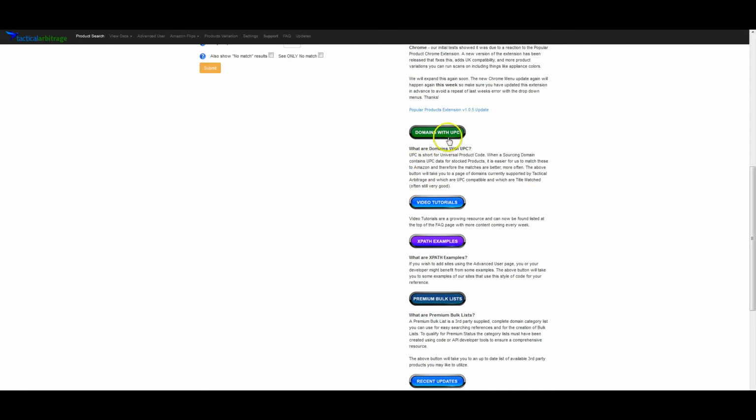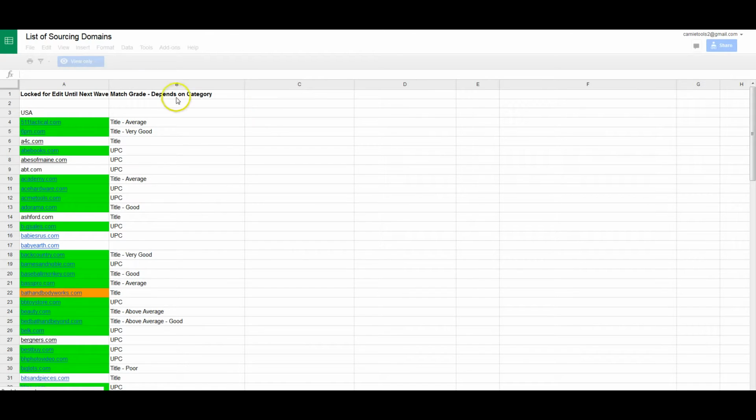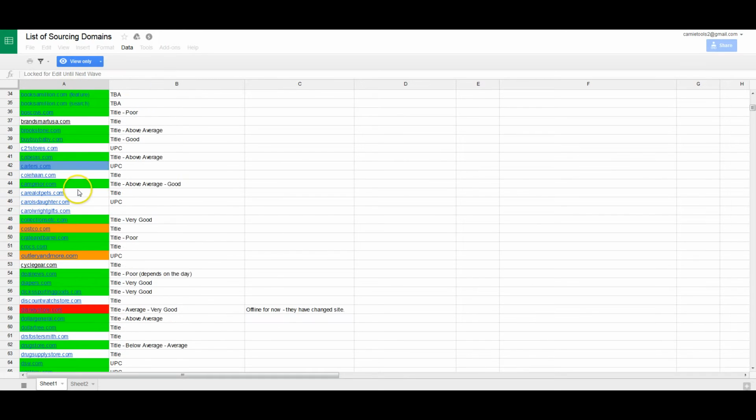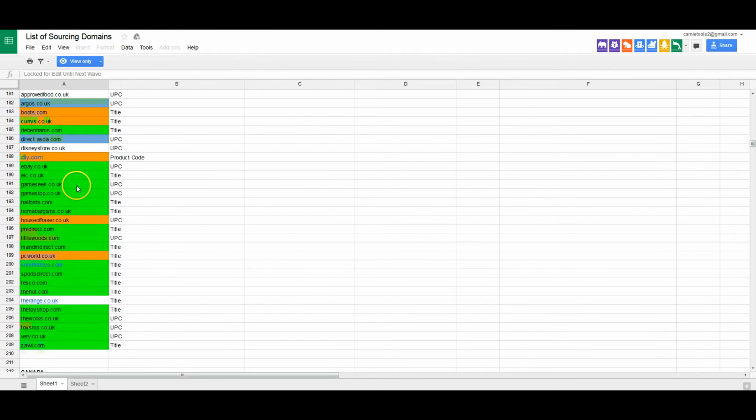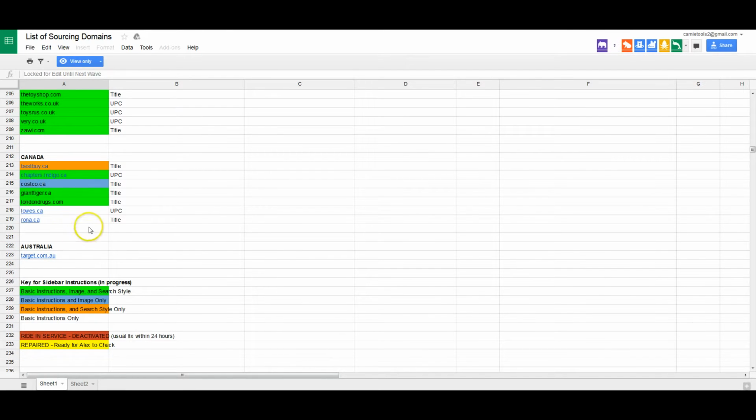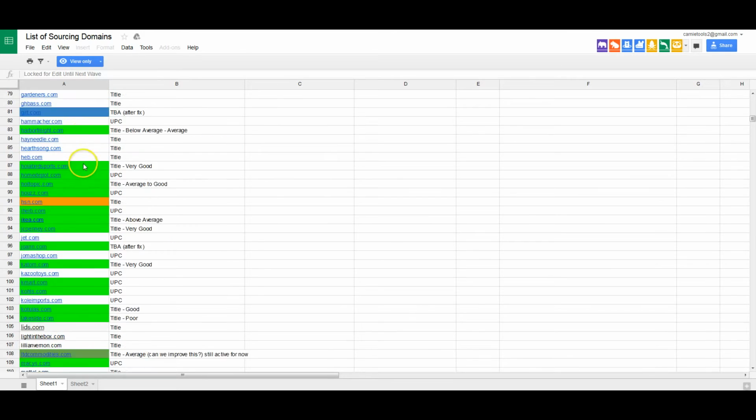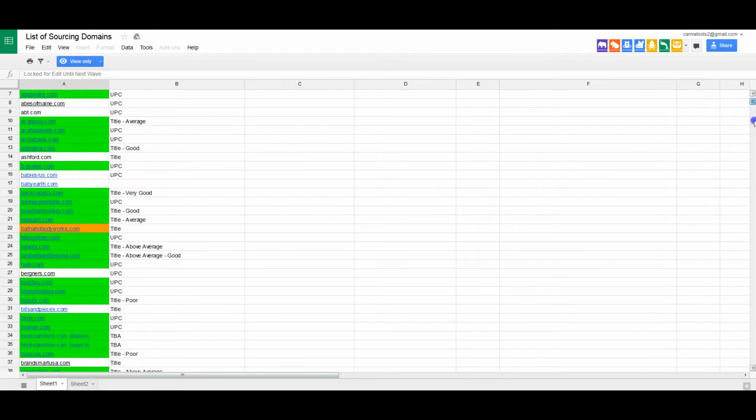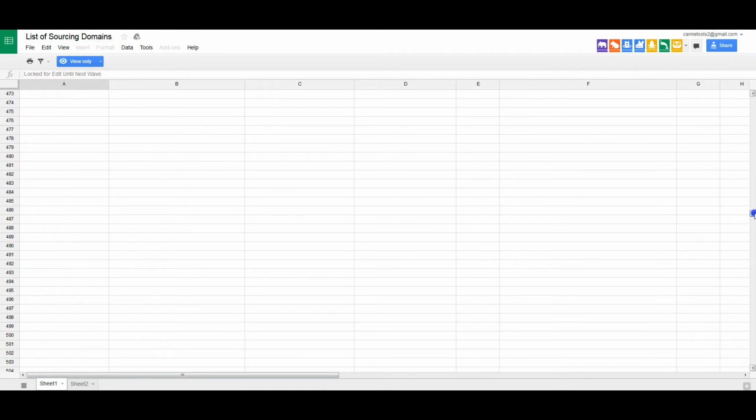The first option is going to show you all the domains with UPCs. So if we click on that, it's going to take us to a Google Drive file that's going to show us all the currently supported sites for each country, US, Canada, UK, one in Australia. And it's going to show you the status of them. If they are in green,